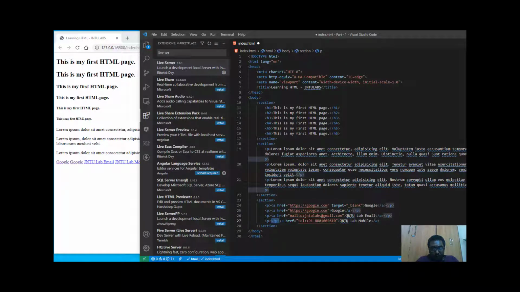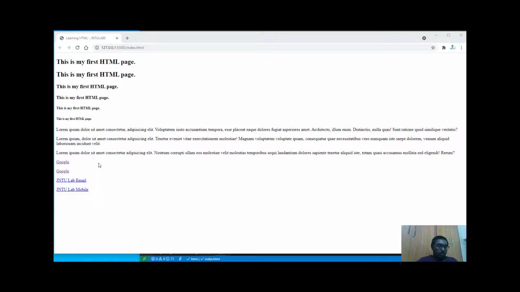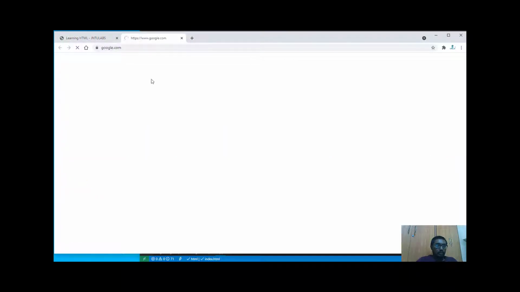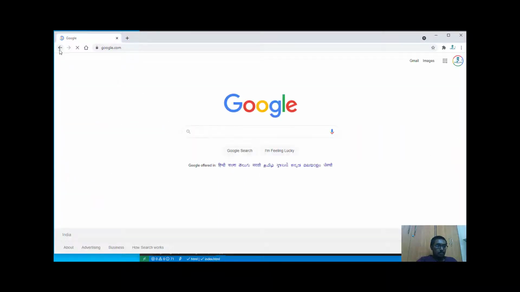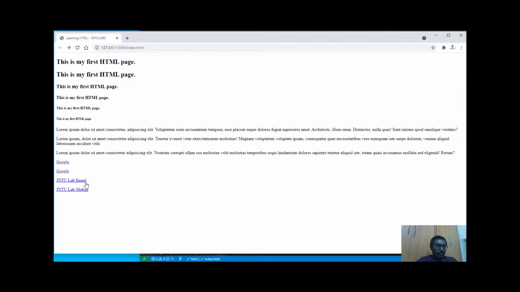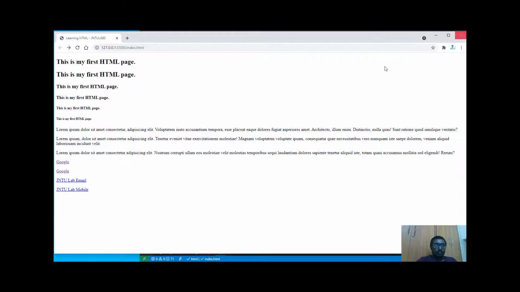Just what we know, we can write anything inside a p tag, so that's the reason I'm using the p tag. Now you can see it is one by one. Each of them has some specialty, like this Google will be opening in a new tab, and this Google will be opening in the same browser. This is the email, and the email box will open for us if you want to send an email.